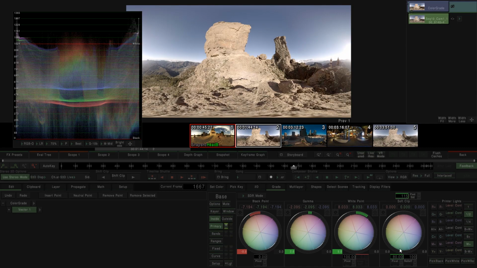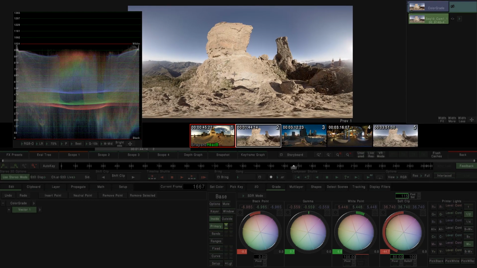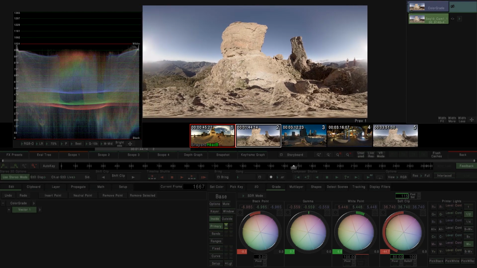So I select 80, and with the soft clip, as you can see, we can just recover those values without affecting the rest of the shot. See how it changed in the scope? And I'm not changing the rest of the curve, just only the highlights. So Mistika gives us here an incredible flexibility to control the luminance and the contrast of our shot. Okay, there we go. I'm going just to decrease a little bit the white point as well, something like this. All right. Okay, the shot looks now a bit, the contrast I think is fairly good,